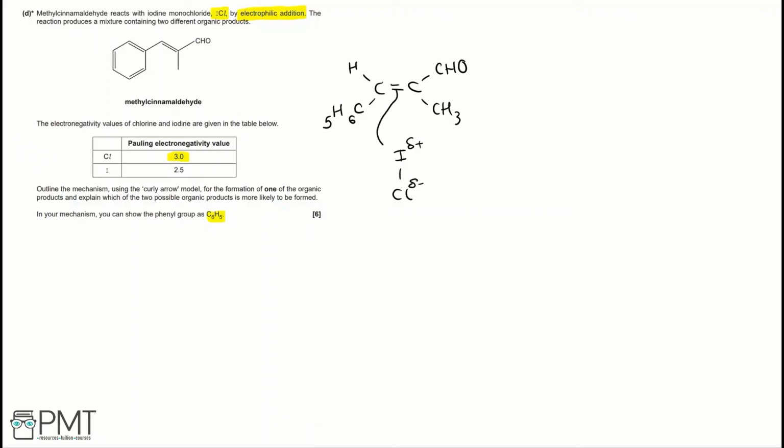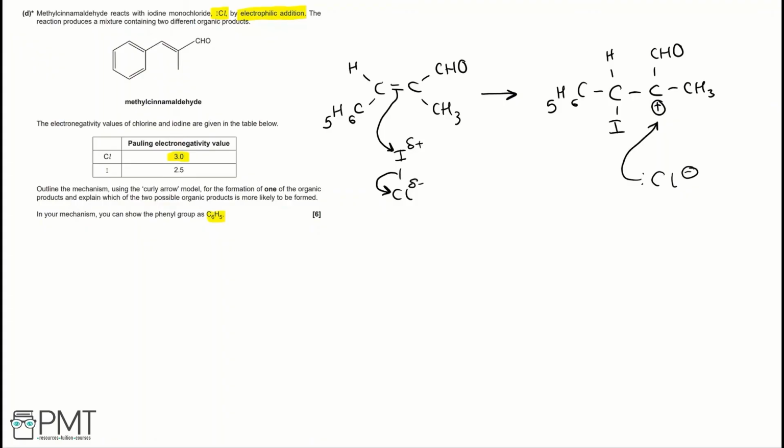So we have our double bond being attracted to the delta positive, and then an arrow kicking off our chlorine, and this is going to produce our carbon-carbon single bond with our aldehyde functional group, our CH3 group or methyl group, our hydrogen, our phenyl, so everything being the same except we're adding this iodine here, and we're going to have a positive charge on this other carbon, and we're going to have Cl- left over, which is going to